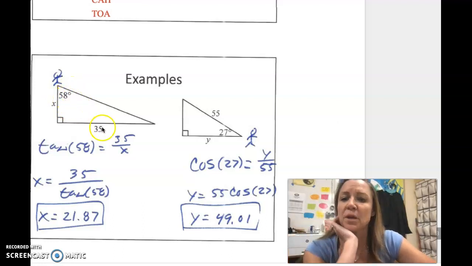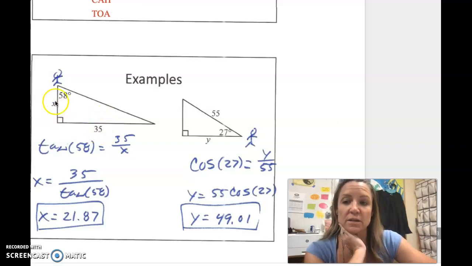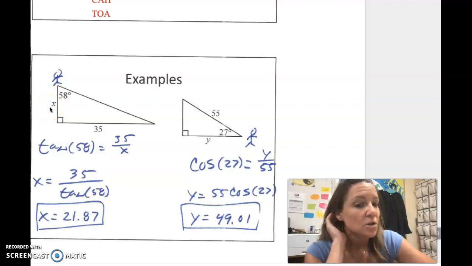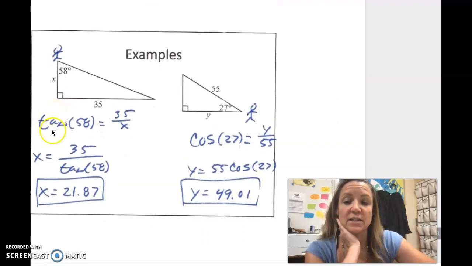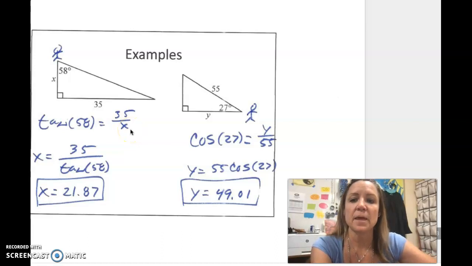So from here, you know this side, which is 35, that's opposite. And the side you want to solve for is this side right here, labeled X, and it is the adjacent. So opposite and adjacent is your tangent ratio. So we're going to say the tangent of 58, because that's how many degrees are right there, is equal to the opposite of 35 over the adjacent X. And then you're going to